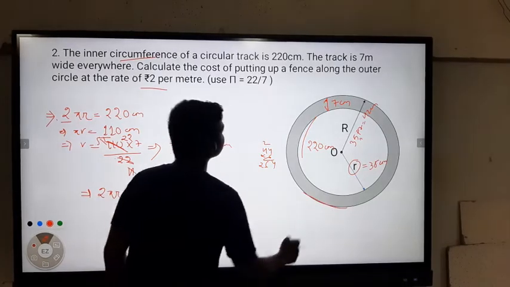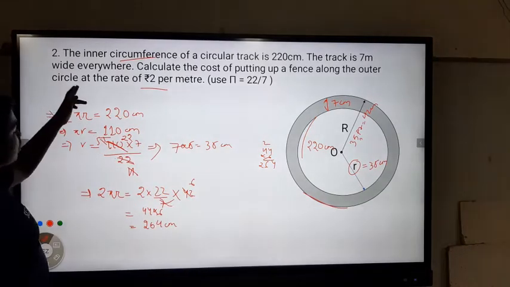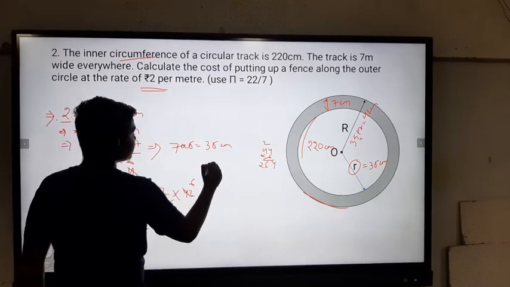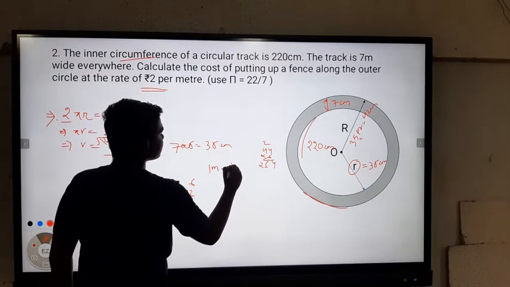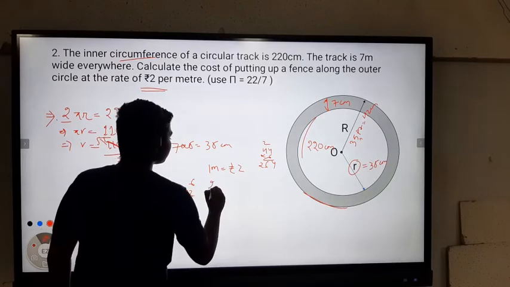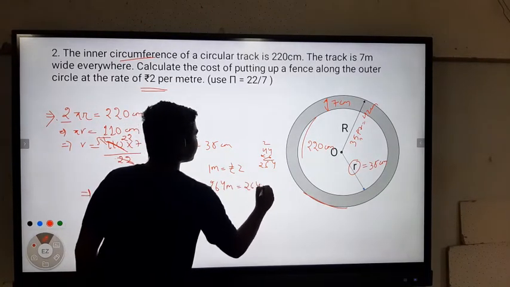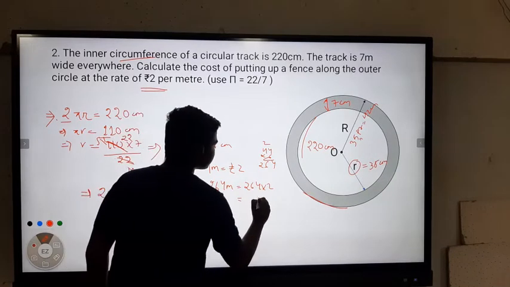Now we are asking what is the cost. So we know that per meter cost is 2 rupees, means 1 meter is given rupees 2. So 264 meters will be 264 into 2, which is